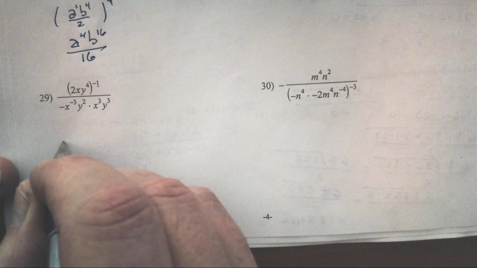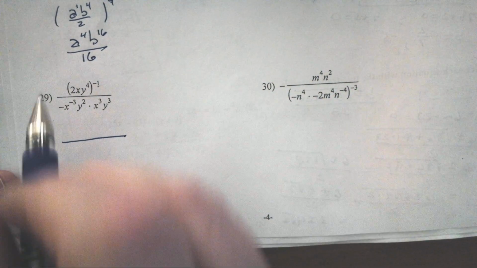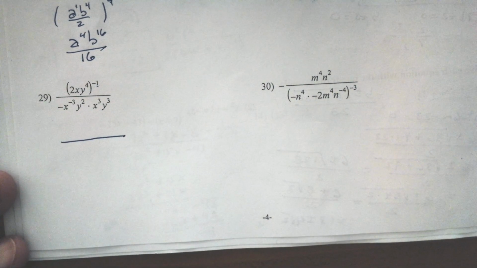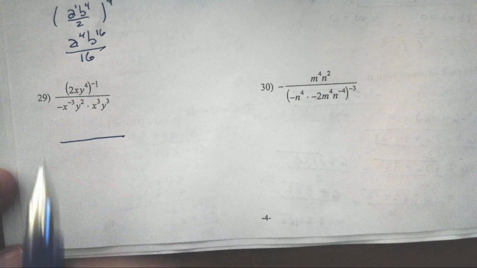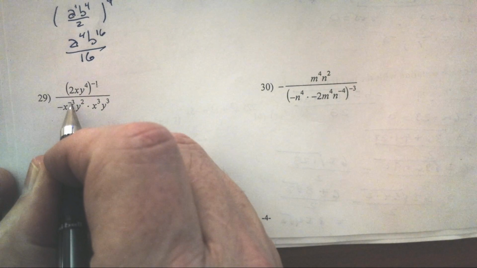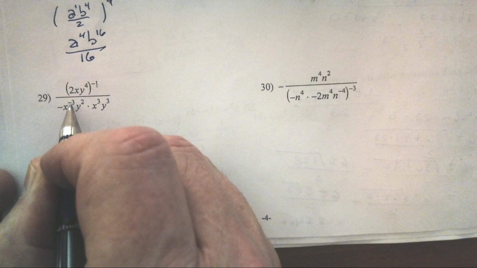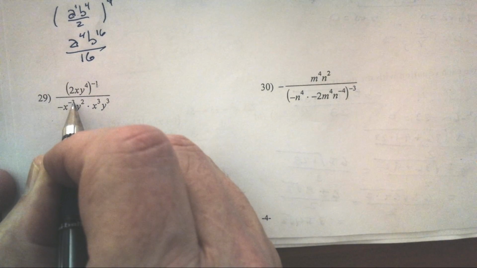Likewise, this x to the negative third could come to the numerator. Here's one thing I want to point out. This negative is not affected by this exponent. And that's not really a big deal because the negative would survive it to the third, but it would be